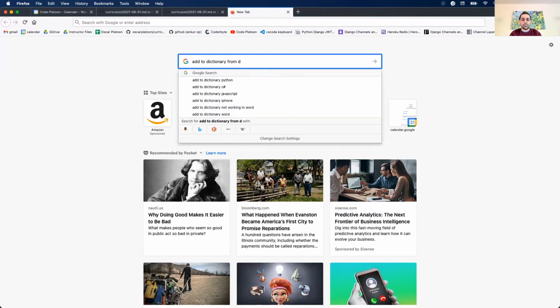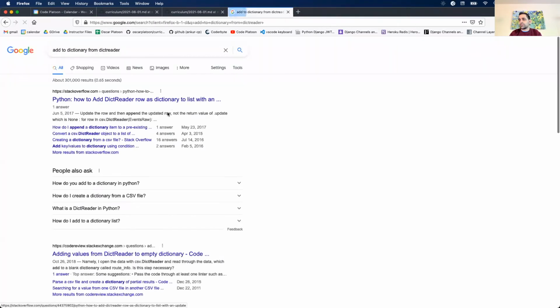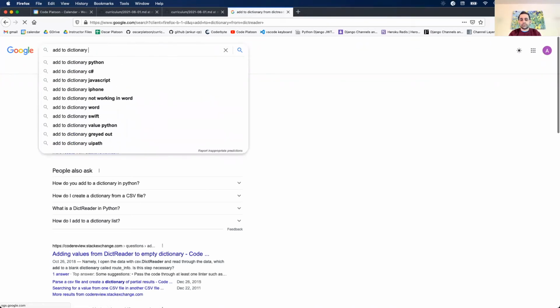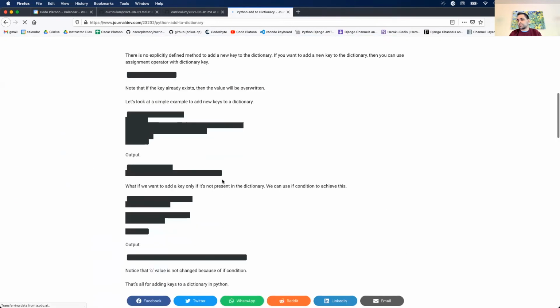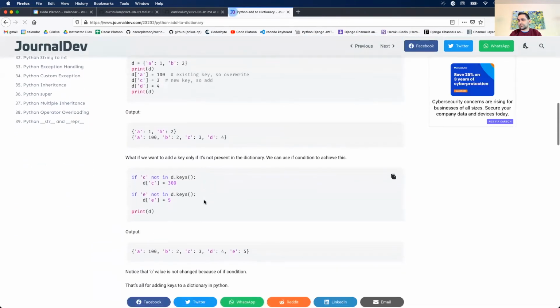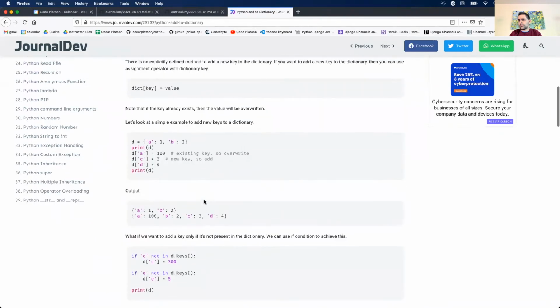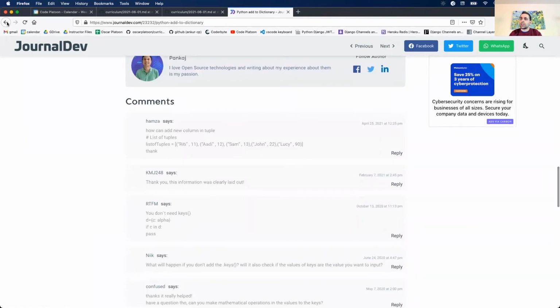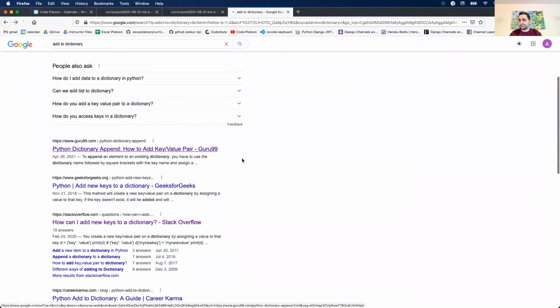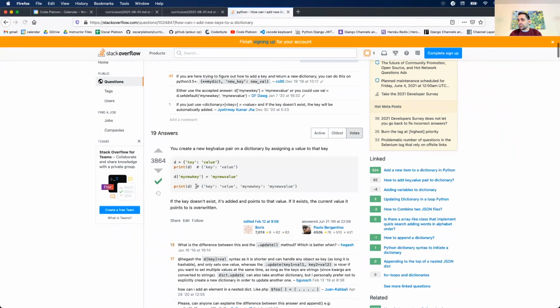So add to dictionary from reader. I'm trying to add a dictionary to a dictionary, which is basically appending, and I don't remember how to do that. Ooh, Stack Overflow. It's always good. Do it that way. It's not the way I want to do it, but